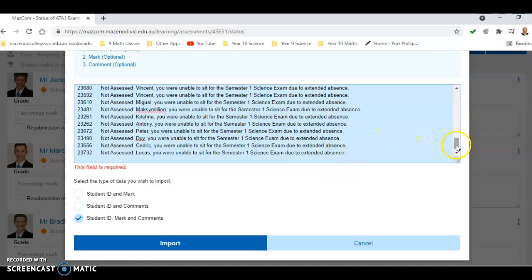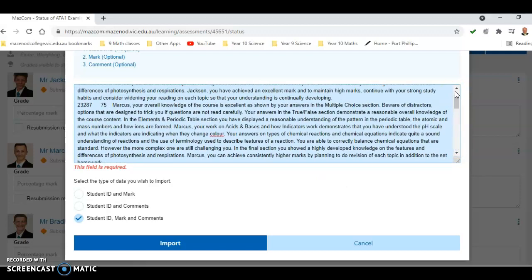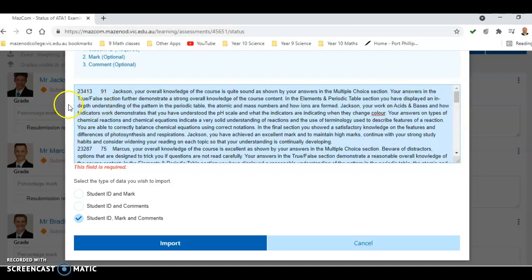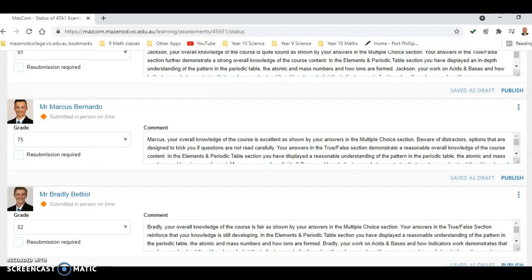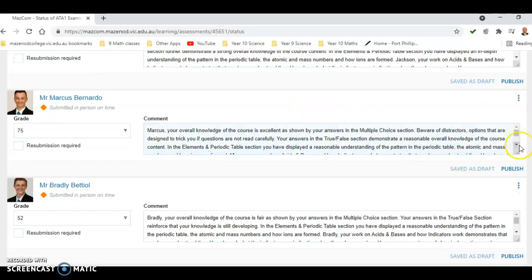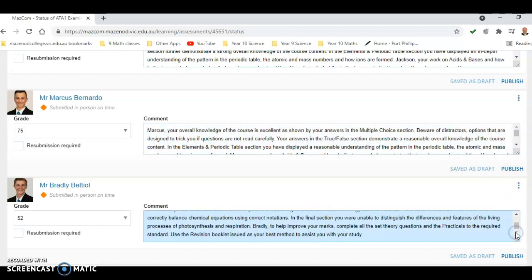Remember, I only did the first 4 students, and there's the comments that's been generated. So there's the student code, there's the percentage, and there's Jackson's comment. And this, as I say, MASCOM is very clever. It will make sure that that student code always matches the number. Press import. There you go. Jackson got 91. Marcus got 75. Brady must have got the 52, I think. Yep, there you go. And you've got a comment. We're talking, I think, 8 sentences in total, showing the different performances in different sections,